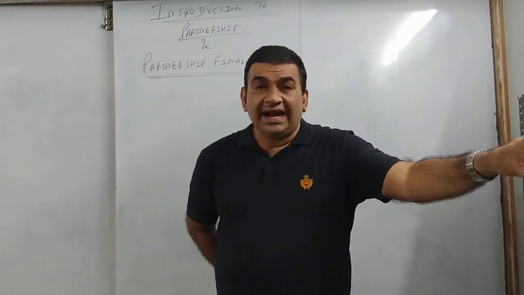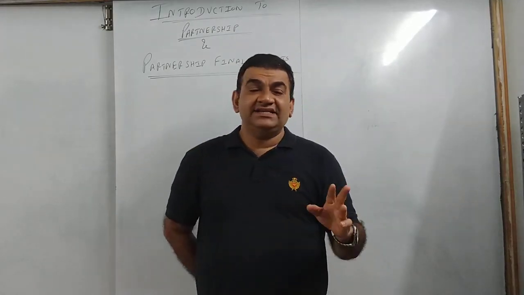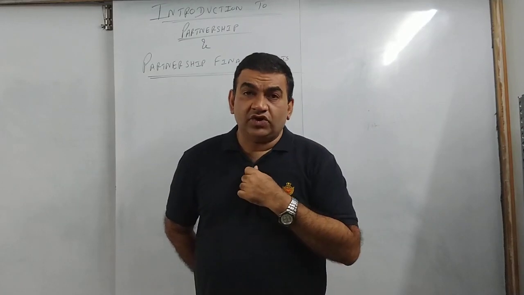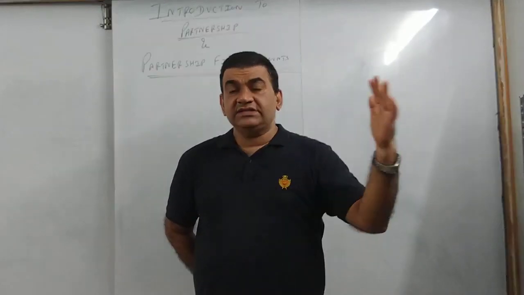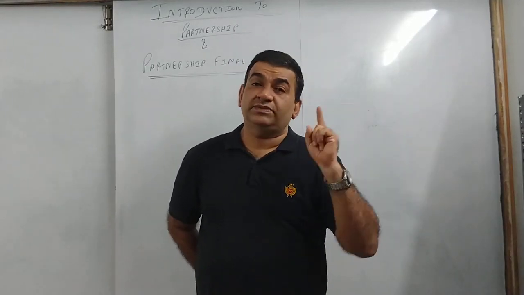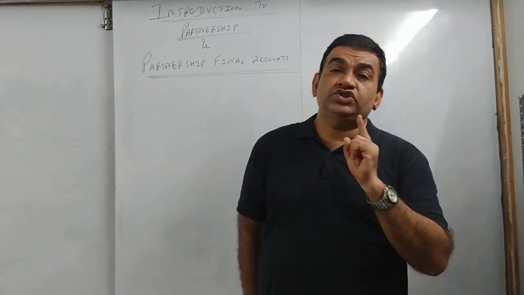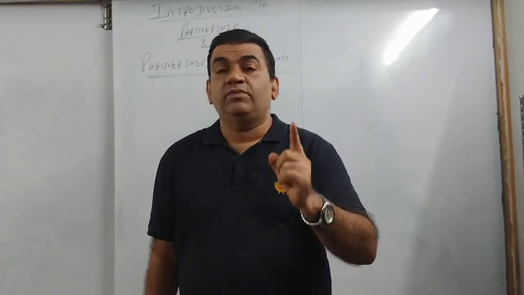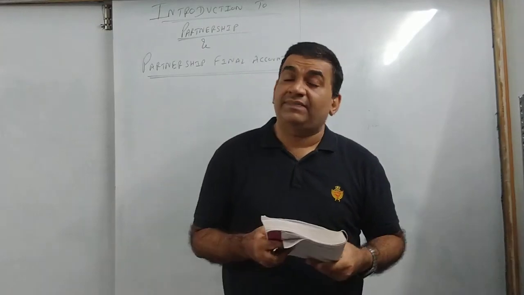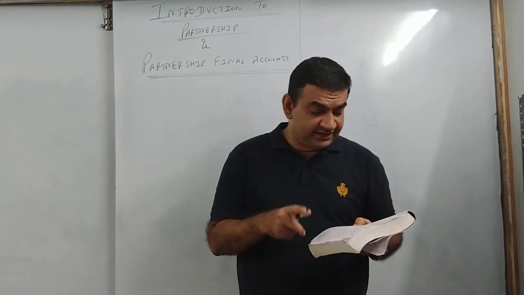Mr. A goes to do that. He suffers a loss of 1 lakh. So Mr. B and C can't say, "Arey, teri wajah se 1 lakh ka loss hua." No. Even though it is a mistake of A, B and C also are jointly responsible for them. So when I say joint management, managing has to be joint, and you just cannot put blame on some other partners. Everybody is jointly responsible for that.